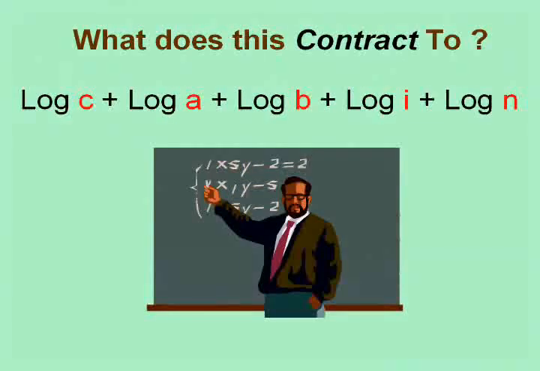Well, Poindexter, what do we do now? What does this contract to? Don't let it scare you. The log of c plus the log of a plus the log of b plus the log of i plus the log of n. This is a classic mathematical problem. Remember what addition becomes? Multiplication. So this long expression actually becomes,